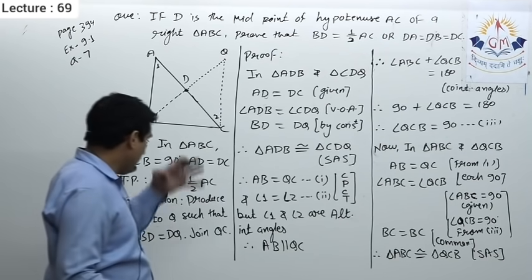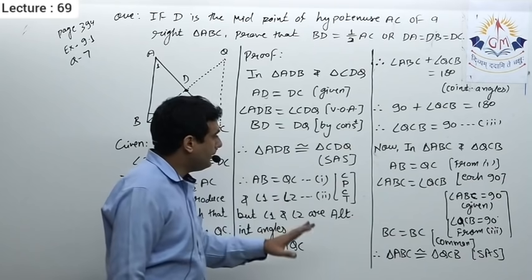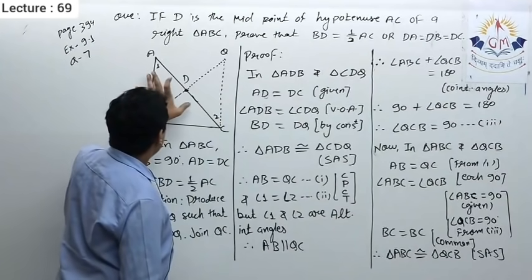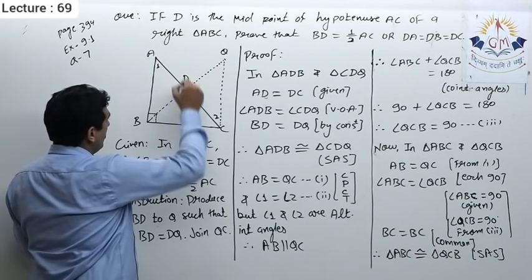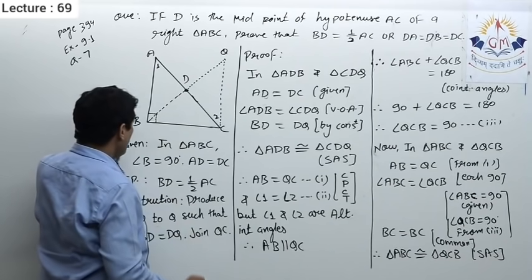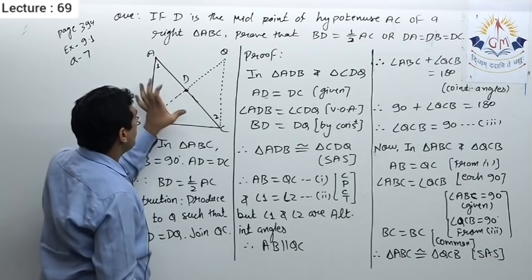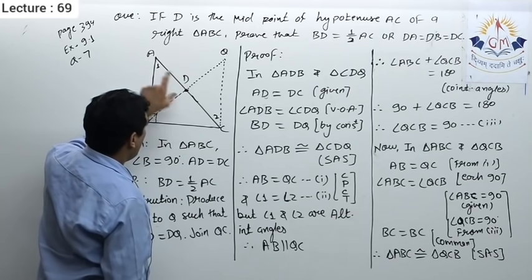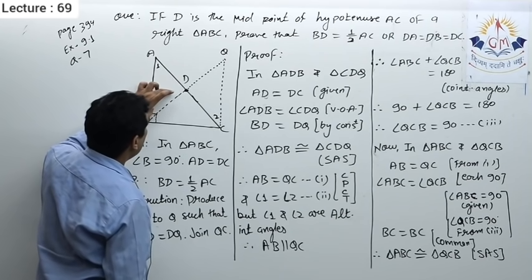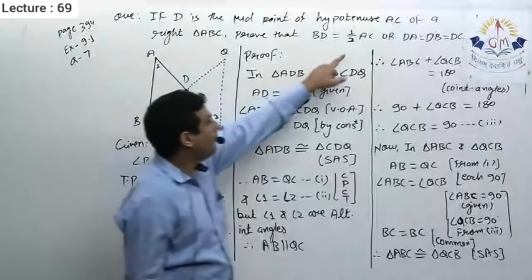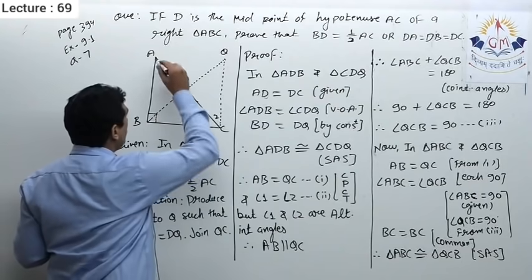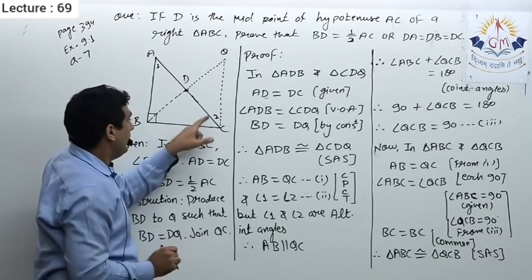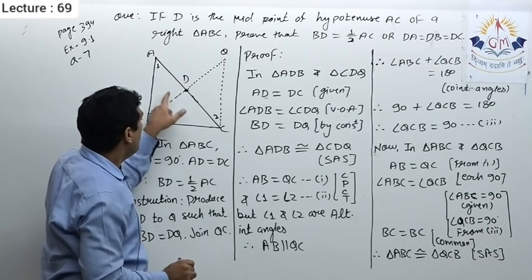Before I give you the further solution, I am explaining the complete thing once again in short. Here I need to prove BD equal to half of AC, so half of AC and half of BQ. I took BD equal to DQ. If I am able to prove AC equals BQ, then half of AC will be AD and half of BQ will be BD, so it will be easy to prove. So my target is to prove AC equal to BQ, and for that I need this angle.